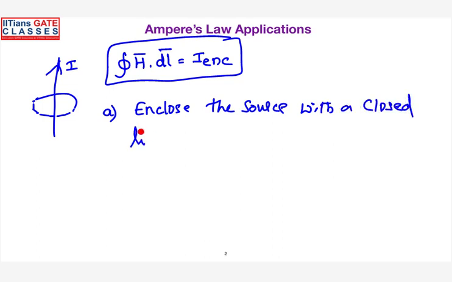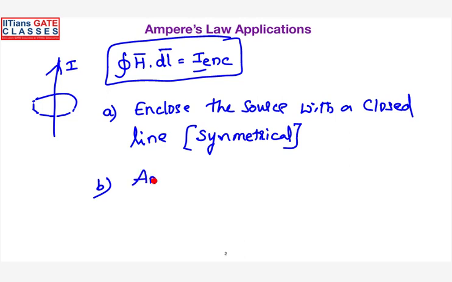The closed line means the closed line should be able to capture the total magnetic flux generated by the current carrying wire at least once. And at the same time, the line has to be symmetrical. So this is what we have discussed in the Gauss law. And the second thing was, once you know the type of current, find out what is the total current associated with that, and then you can apply the Ampere's law.